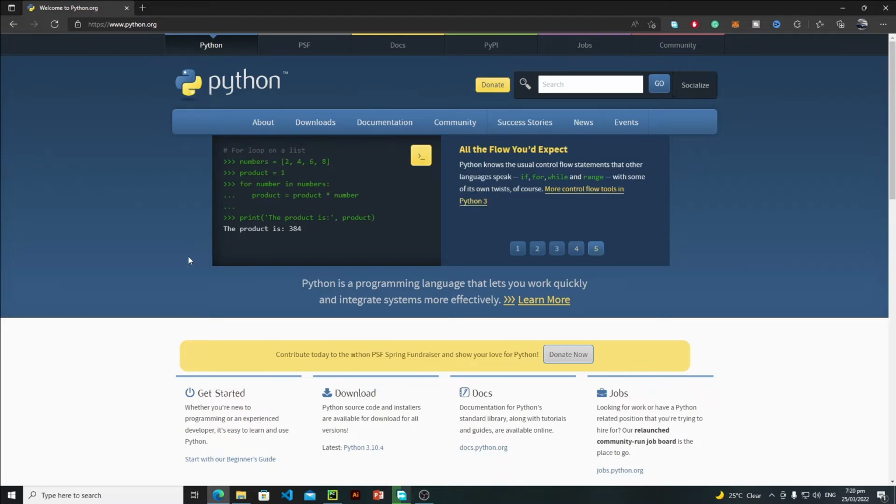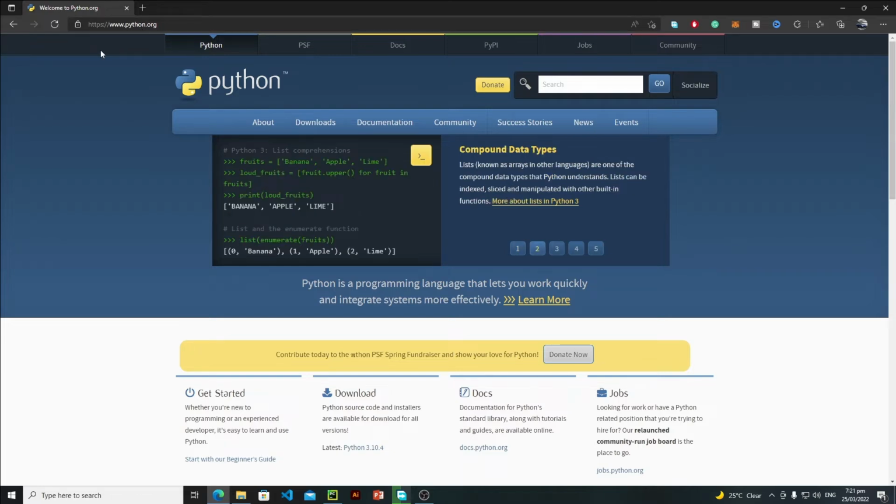So we need an older version of the Python interpreter in order to install Matplotlib 3.1.1 and to use the Kivy Garden Matplotlib module. You just need to go to python.org, the official website of Python, and